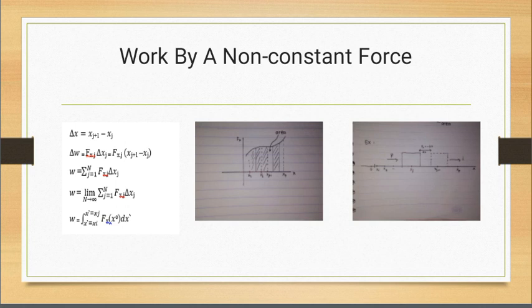And we're going to ask how much work is done when the force is displaced from here to there, and we'll call that delta x. So now our displacement is a small displacement, x_(j+1) minus x_j, and our work for this is